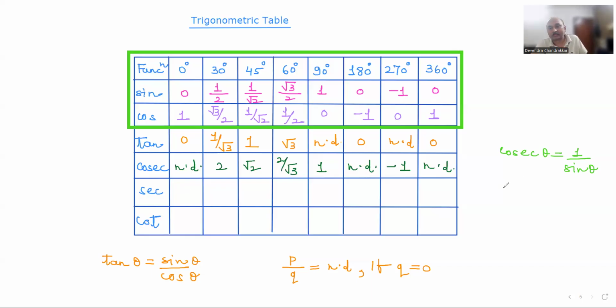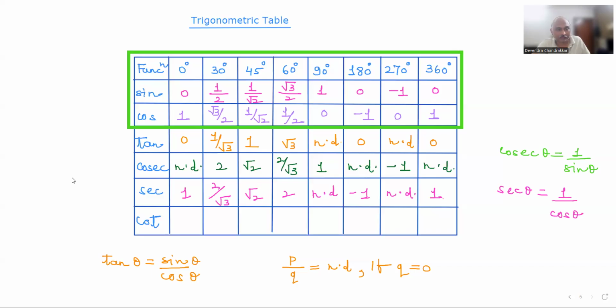Sec theta is 1 upon cos theta. We will use this result. 1 upon cos में क्या होगा बेटा? 1. This is 2 over root 3. This is root 2. This is 2. This is not defined. 1 upon 0 is not defined. This is minus 1. This is again 1 upon 0 not defined. This is 1. The last one is